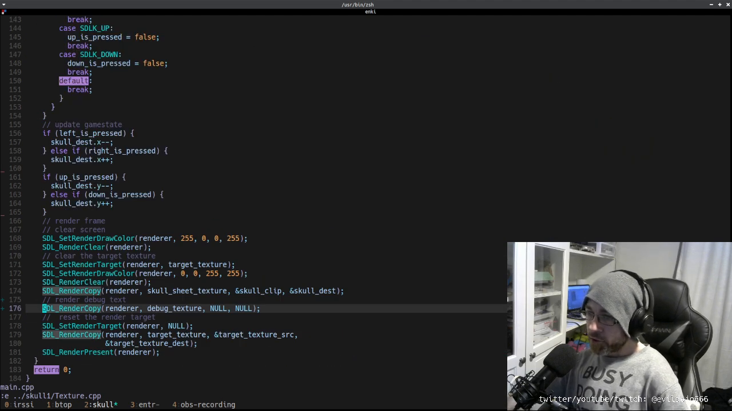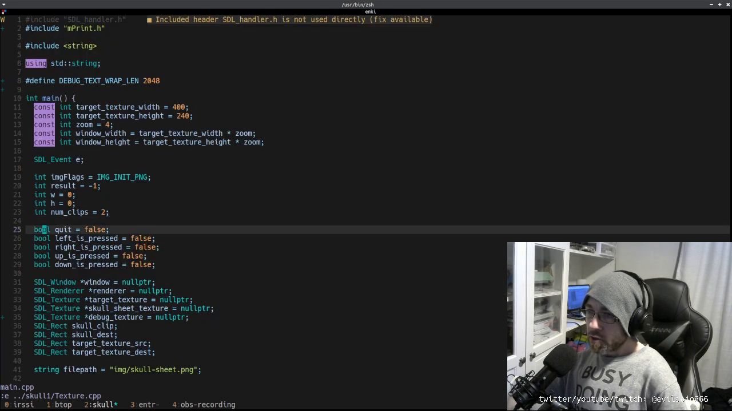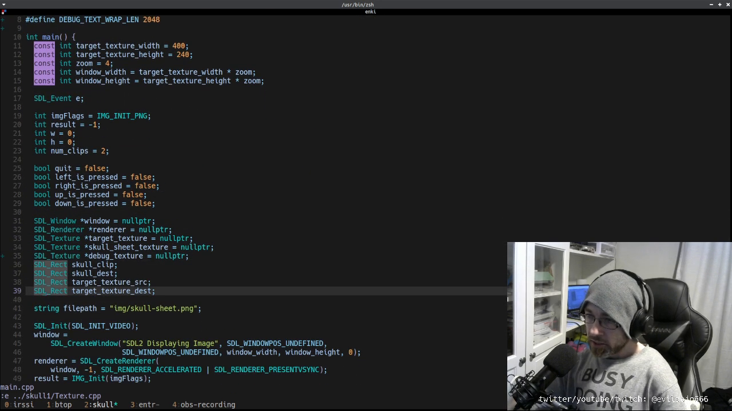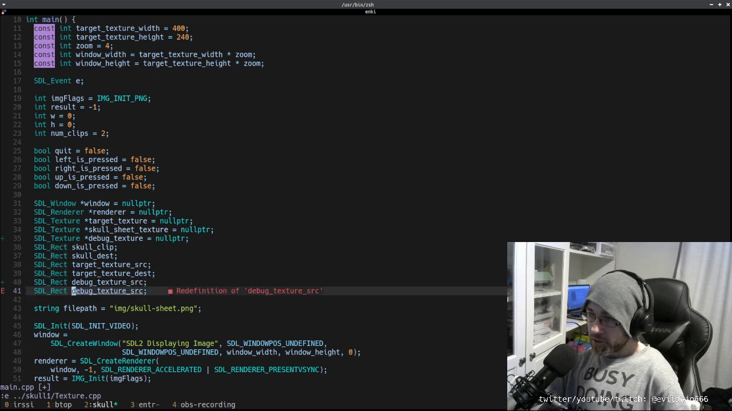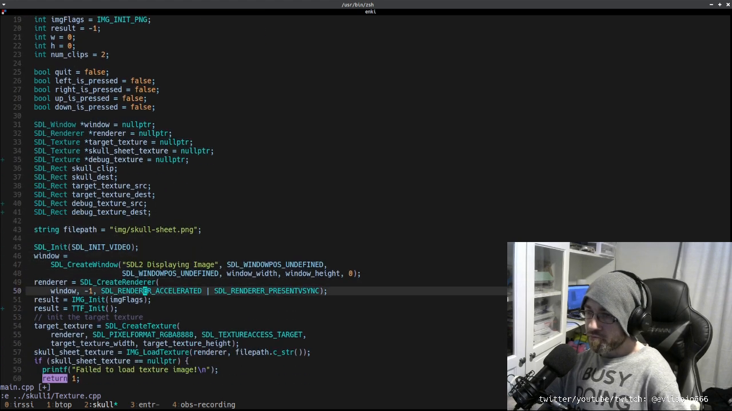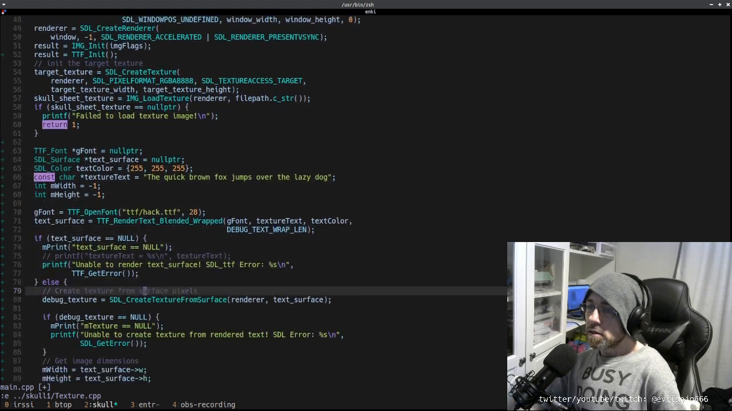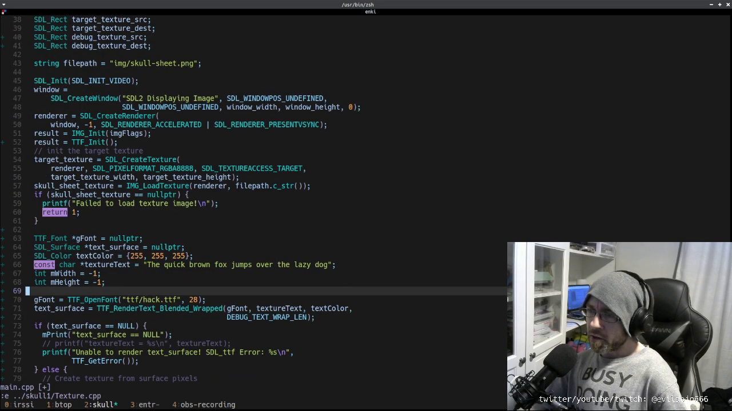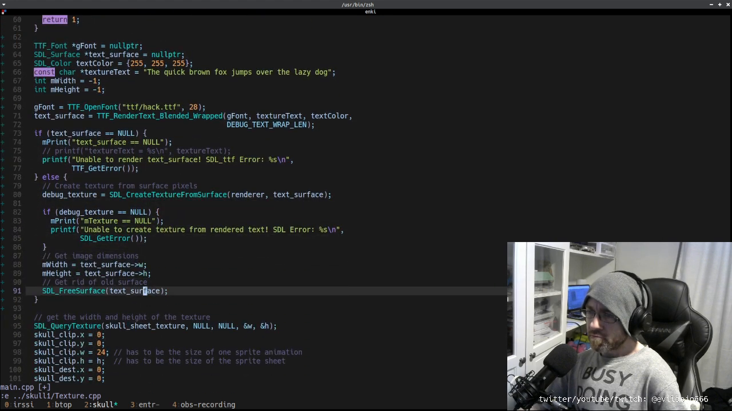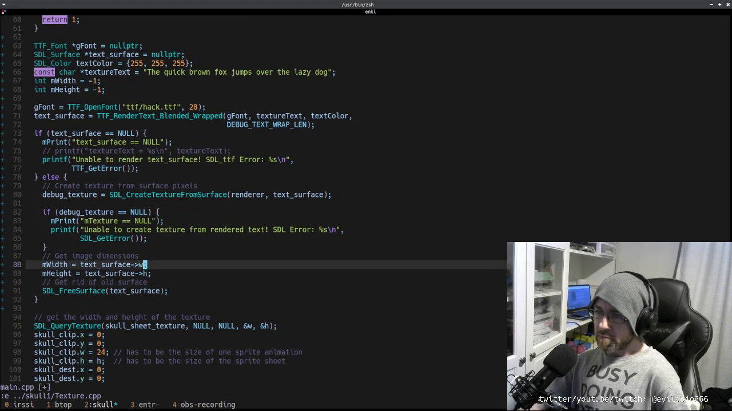So back over here, we're gonna specify another. This is gonna be debug texture source and then destination. So back when we load the text surface before we free it,